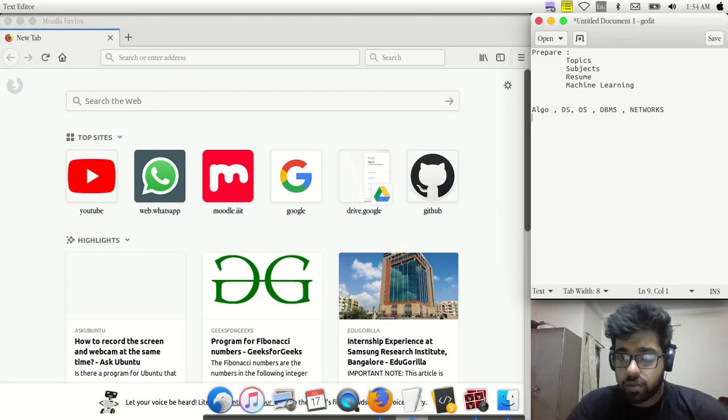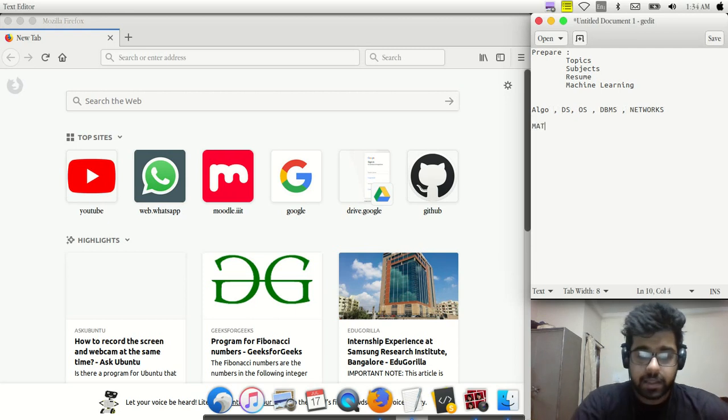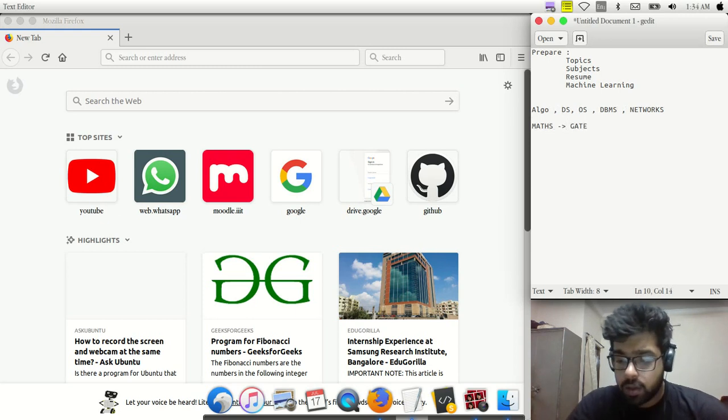Apart from these subjects, you might be asked questions on maths, which is the maths we deal with in GATE. It will not be very different from GATE. It might be related to linear algebra, or more often to graph theory or something. So when I talk of algorithms, we'll talk of graph theory and linear algebra there also. So let's start with the subjects.